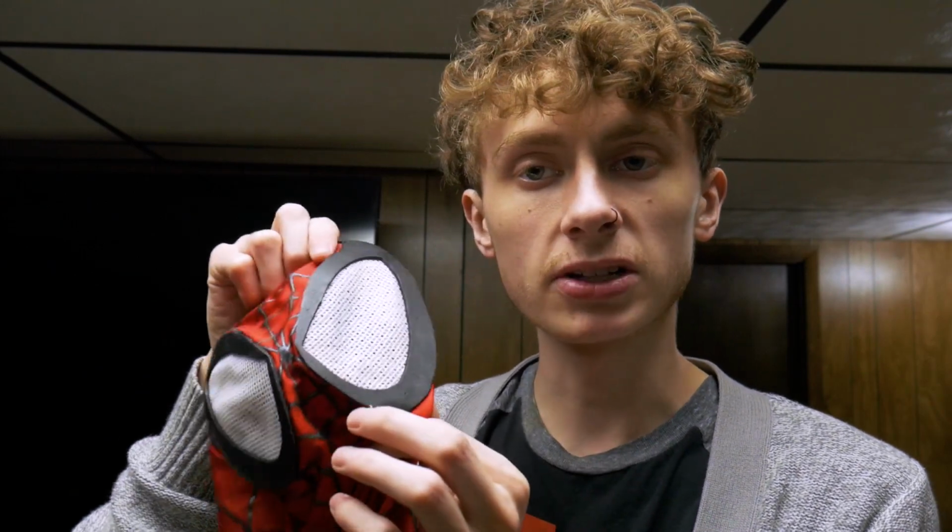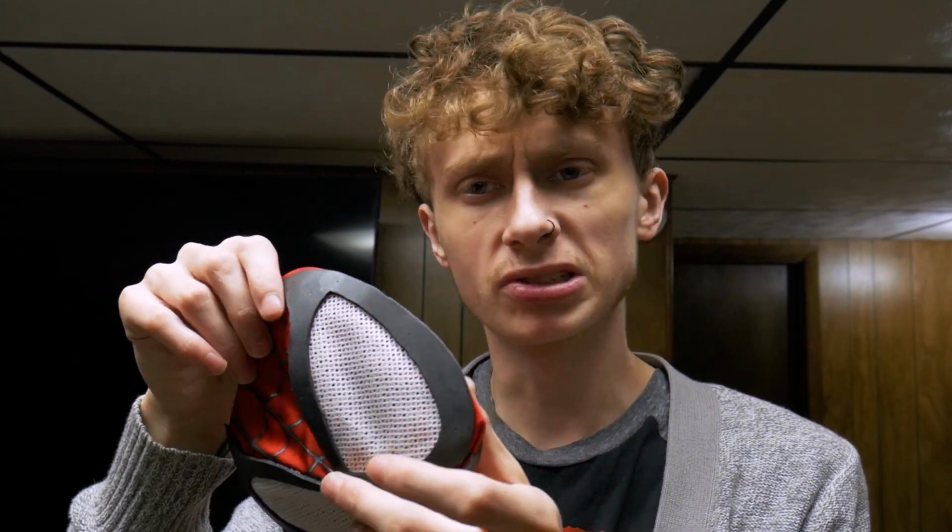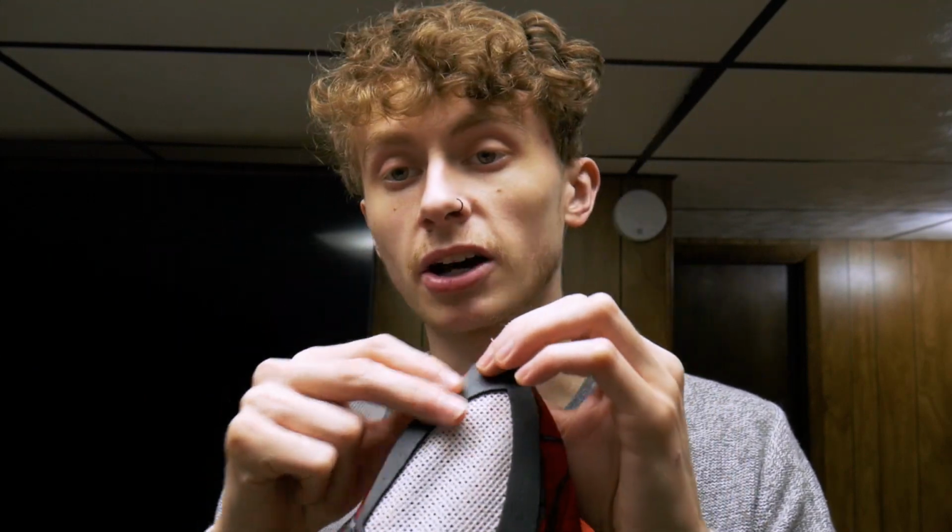So how I made this mask is, I looked up a picture of the new animated series suit, just a face of it, and I put a piece of paper over my laptop screen and traced out a design. I tried to get something similar to the new animated series suit, but it came out looking a little bit more McFarlane style. I was templating off a 3D character, so technically the lens curved a little bit, and that's kind of why it messed up a little bit. But that's minor. Once I got the template, I cut it out of paper,